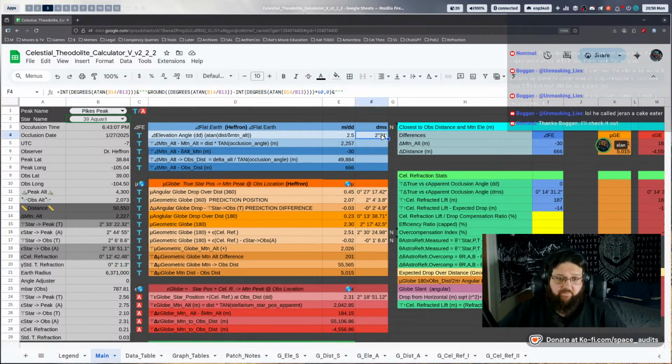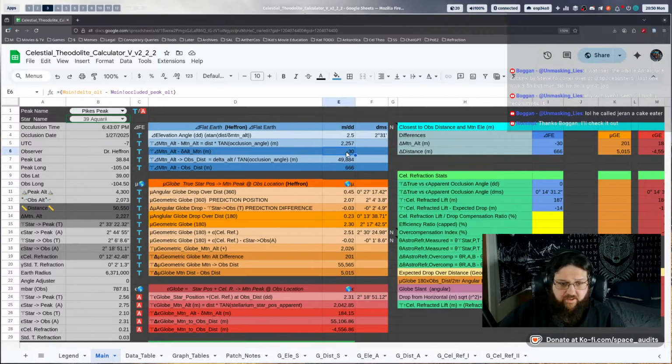But so the lowest possible difference it would be is 2°32′ and we predicted 2°31′. So that's pretty awesome there. But anyway, that angular difference converts to 29, essentially 30 meters, and that's just a rounding error there. So this is where that comes from. This is why our measurements are off.